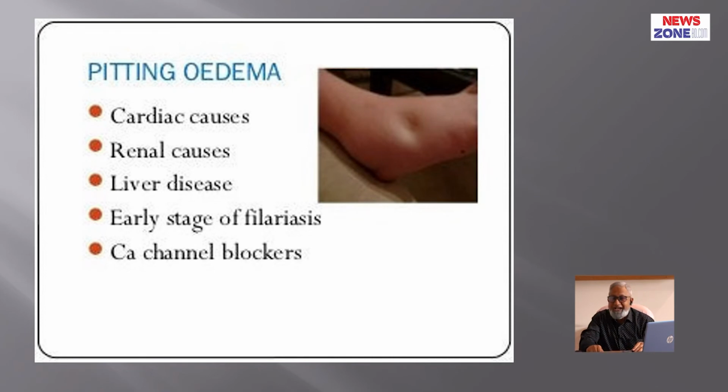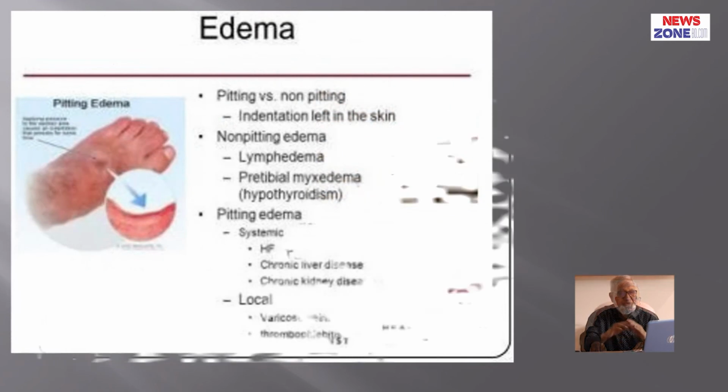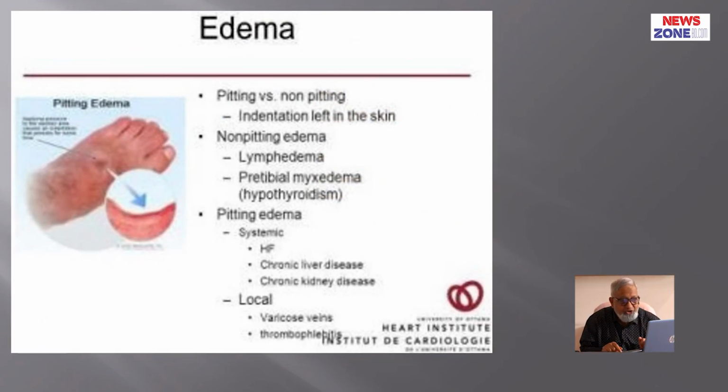So, you will be asked what are the causes of pitting edema. Cardiac cause, renal cause, liver cause, and in the early stages of filariasis, but in the late stage filariasis is a non-pitting edema. It also occurs with calcium channel blockers. Let us give the gist of pitting versus non-pitting edema. The one point is indentation left in the skin. And a non-pitting edema example is lymphedema,